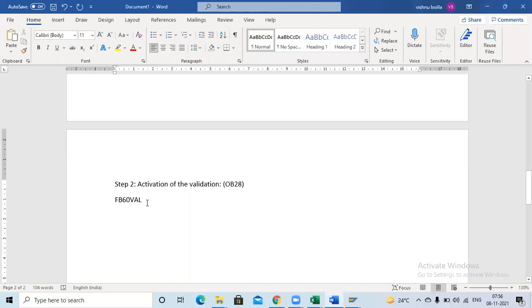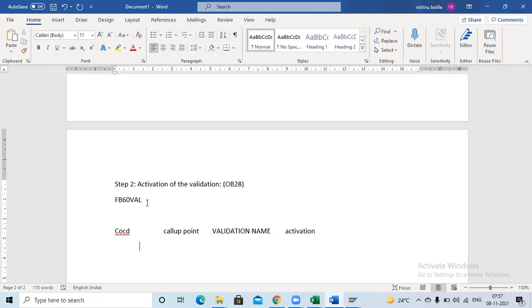Okay. So what kind of details have we entered? Company code is there. Call point, validation name, and the next one is the activation.